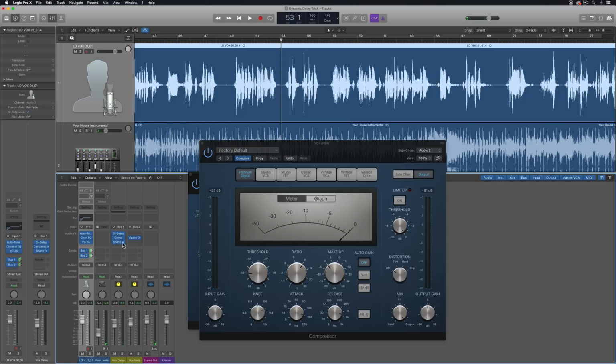Then if I add the compressor and reverb in there,